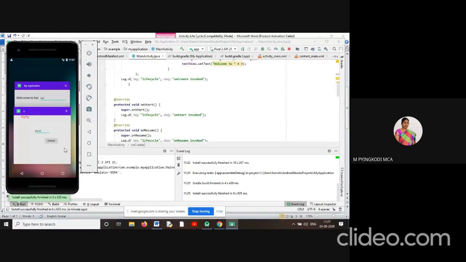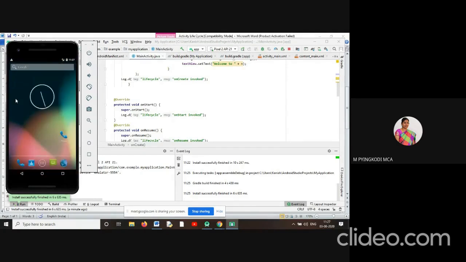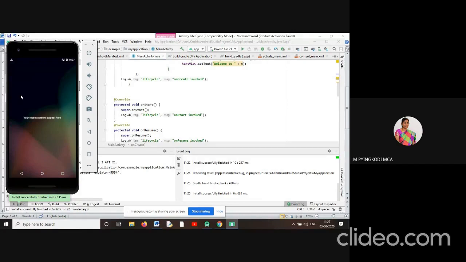In this Android device, when we click this recent button, they will be displayed. So I can clean this. I can force stop the running Android activity. Now there is no application in this Android device, right?